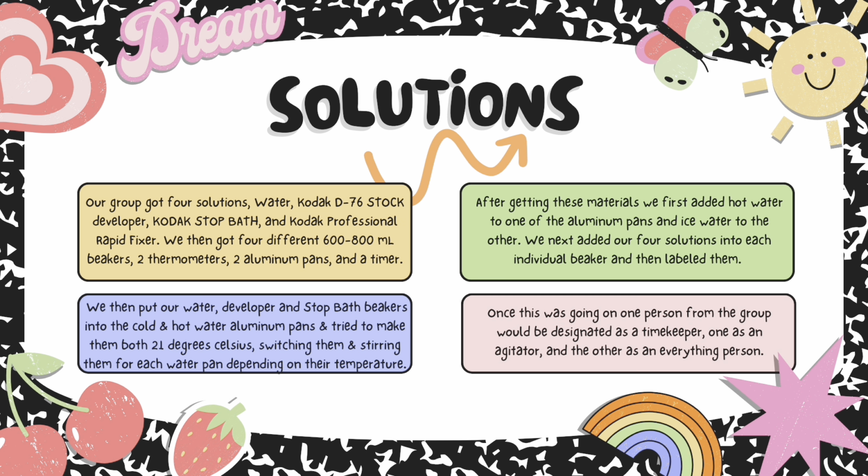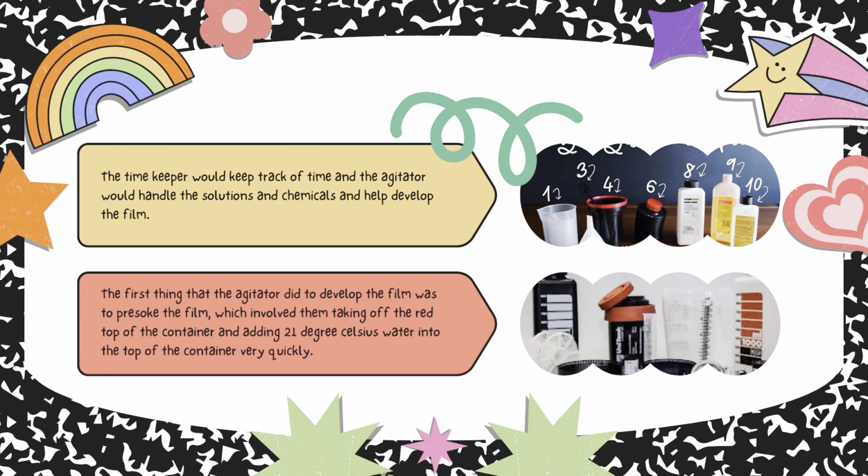their temperature. Once this was going on, one person from the group would be designated as a timekeeper, one as an agitator, and the other as an everything person. After the members of the group were labeled, the everything person made sure that the solutions were at the correct temperatures. The timekeeper would keep track of time and the agitator would handle the solutions and chemicals and help develop